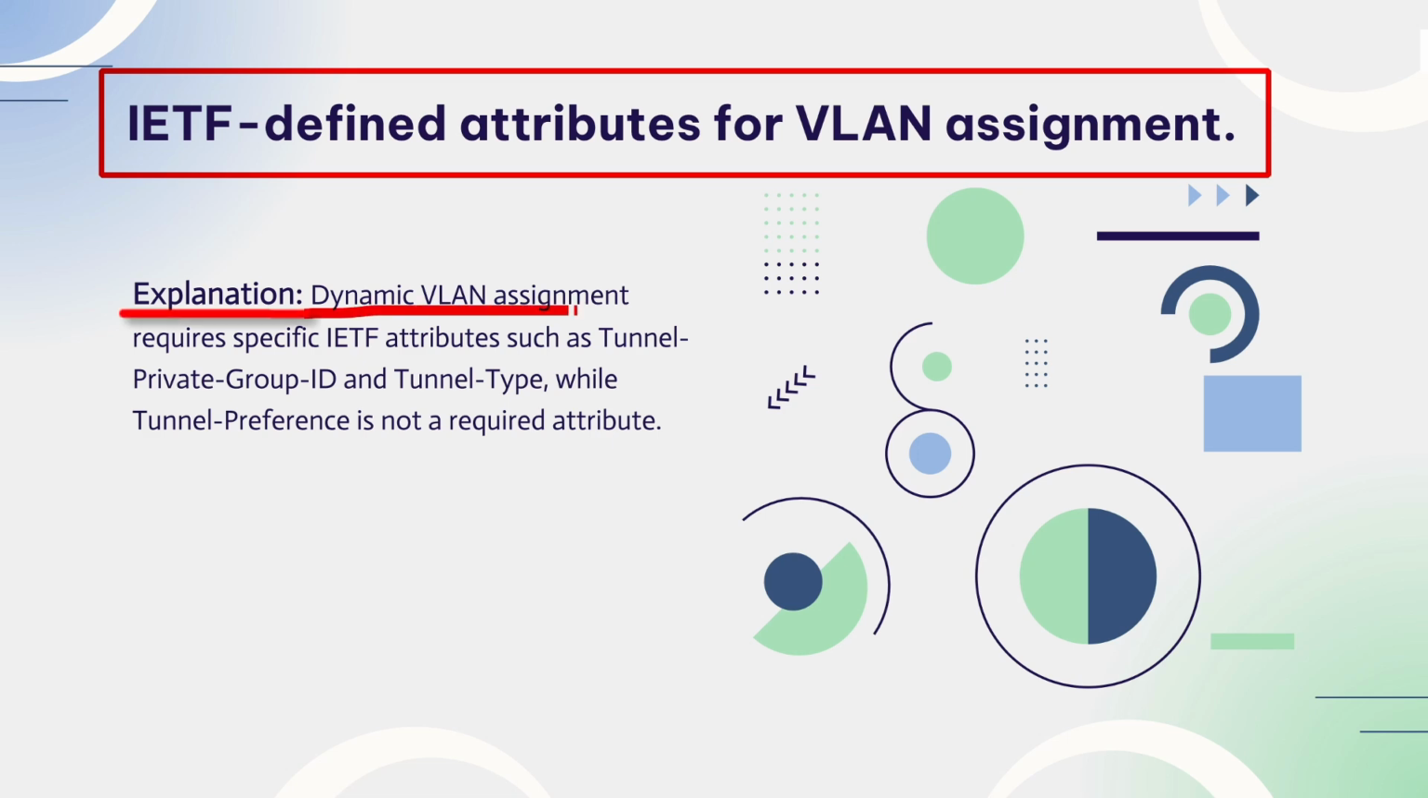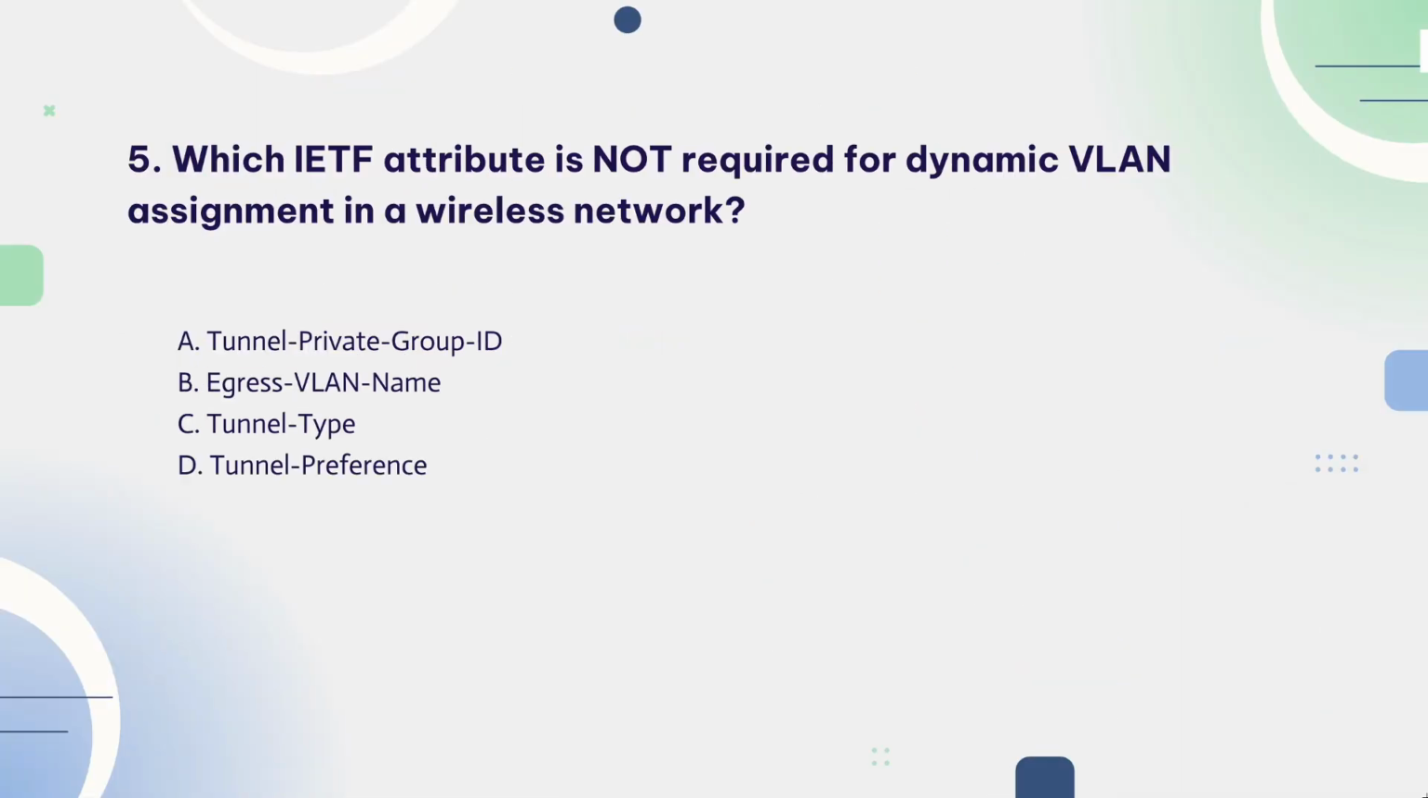You need certain attributes for dynamic VLAN assignment, like tunnel private group ID and tunnel type, but tunnel preference isn't required. So, the correct answer is